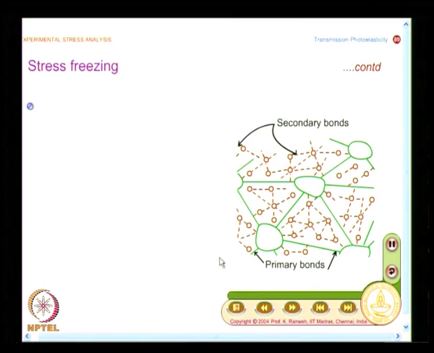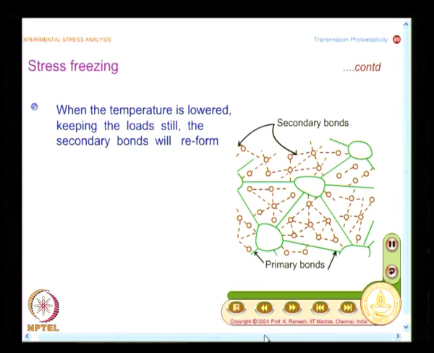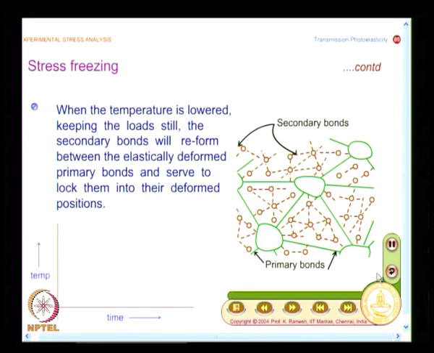and this is what your thermal cycling process is, very similar to what I do in the case of keeping a spring compressed. When the temperature is lowered, keeping the load still, the secondary bonds will reform and prevent the elastically deformed primary bonds from coming back to their original position, and hence the stresses are locked, and at the end of the process I remove the load, like what I have in the case of the spring